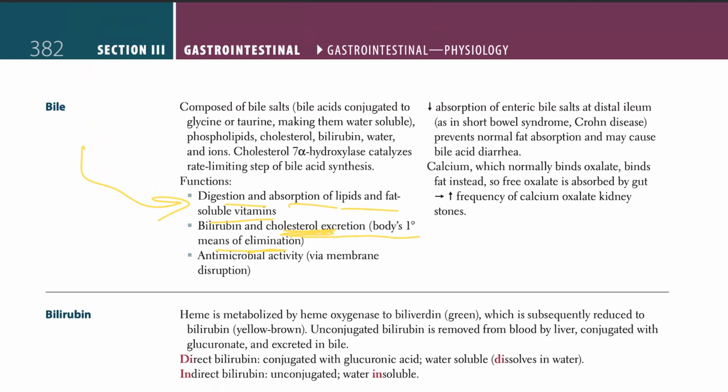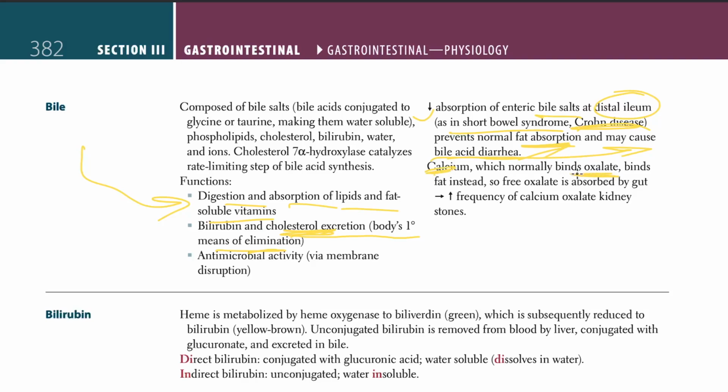Decreases absorption of enteric bile salts at the distal ileum, as in short bowel syndrome or Crohn's disease. This prevents normal fat absorption and may cause bile acid diarrhea, because you can't absorb the fats, leading to fats in the gut, causing diarrhea. Calcium, which normally binds the oxalate,